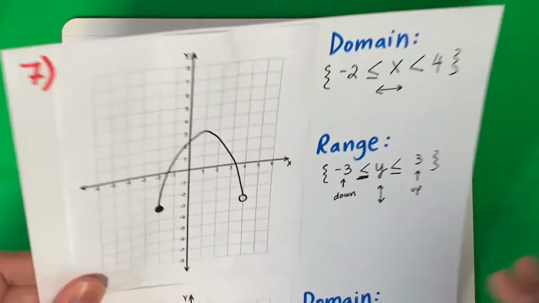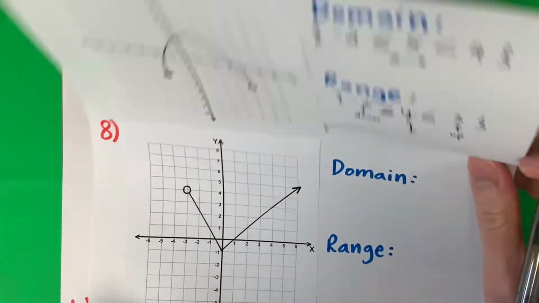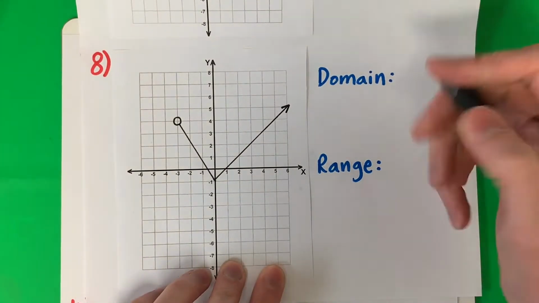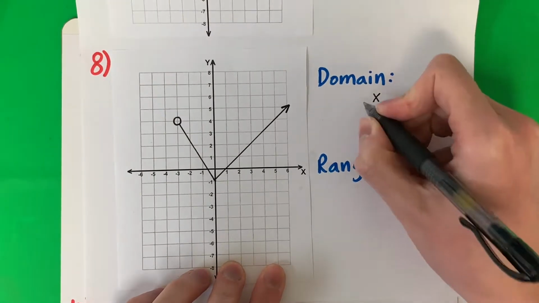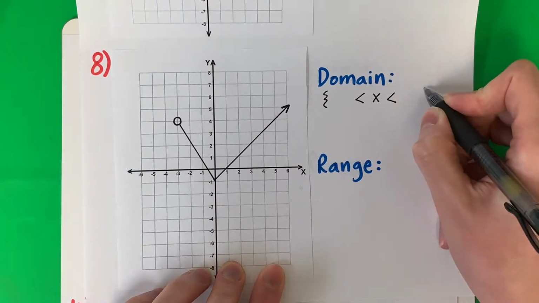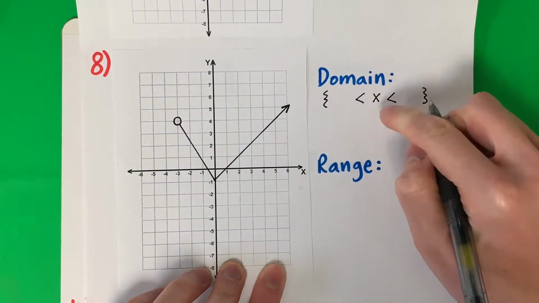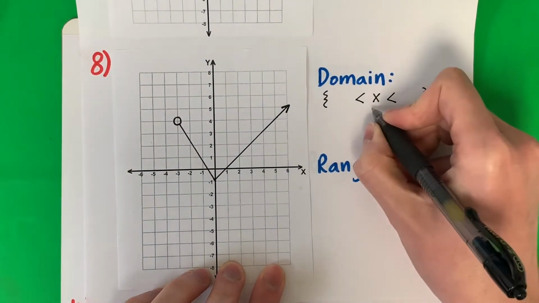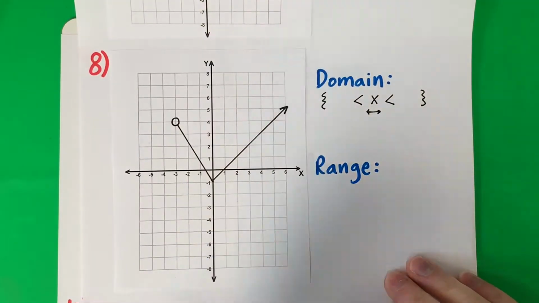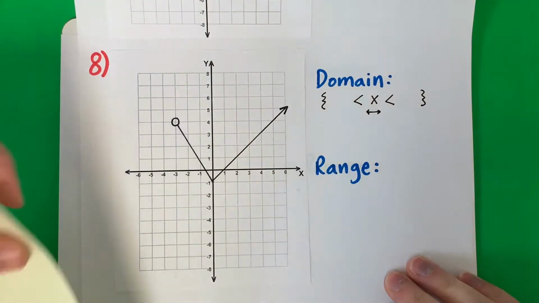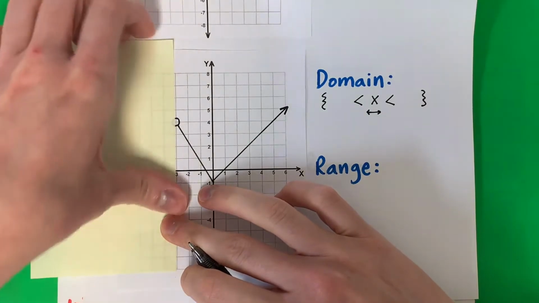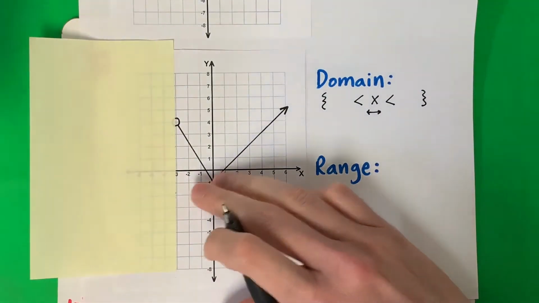Example 8. Okay, now this one's getting a little different. Domain, remember, is x, less than, braces. Okay, remember, domain is x. X is left and right. So I'm going to put one on the left and one on the right. So on the left, it will be negative 3. And on the right,